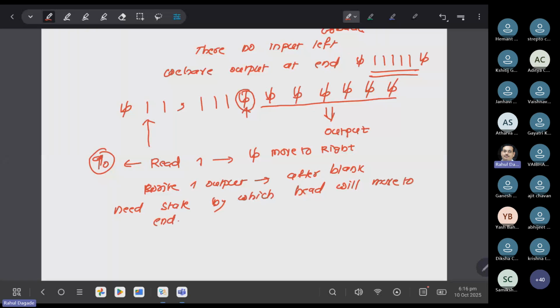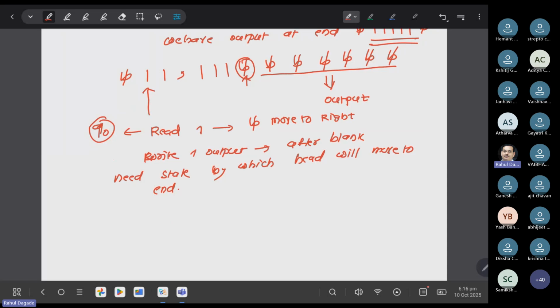Head will move to the end, and after the end you need to write one to it, and again move back, and again move back till you get the